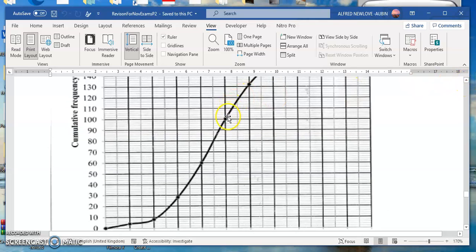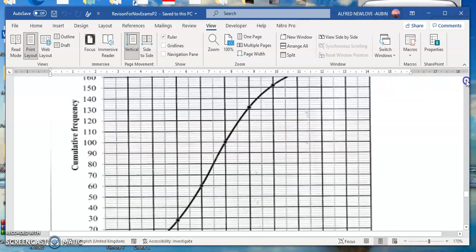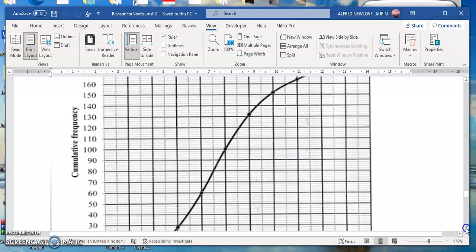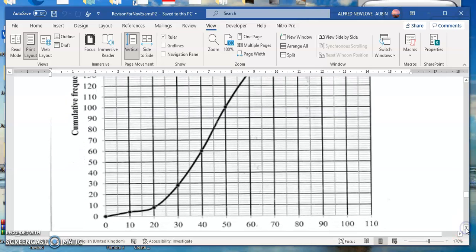If you check here, this is approximately 131 and this is 100. Let's say 131 minus 100 is 31. It's less. This is even much lesser. You don't have to worry yourself. So our concentration is going to be this one, 40 to 50, which is 100 minus 60. All right, 100 minus 60,